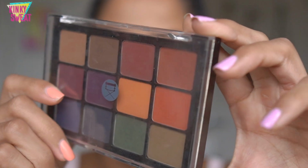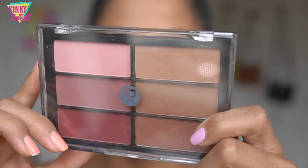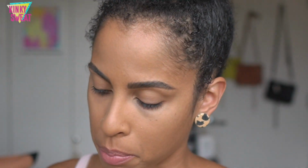I have the dark mattes here. This is one of my favorites. You could use these powders that are more neutral or taupe brown in nature with a thin wedge brush and coloring your brows. So although this is labeled to be my eyeshadow palette, you can use these powders anywhere on your face. Using 01 Plum Bronze,